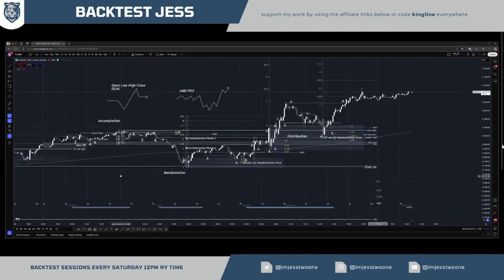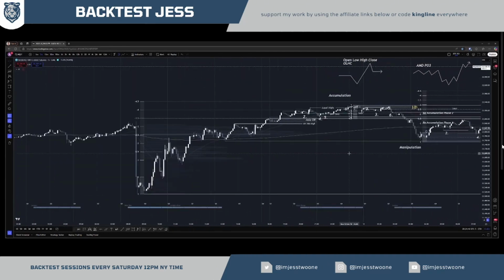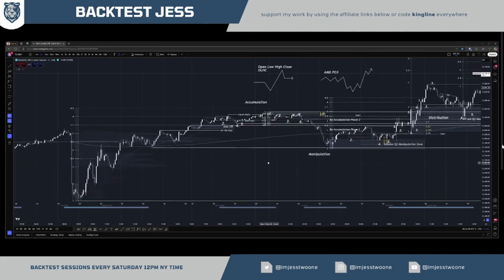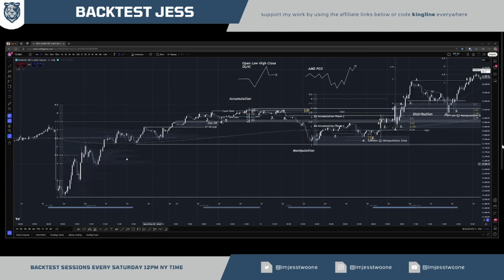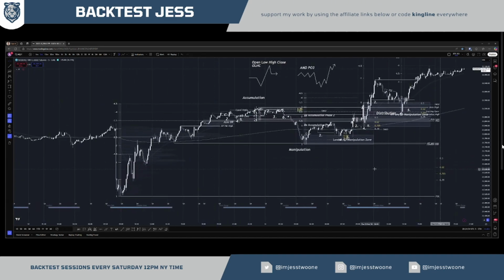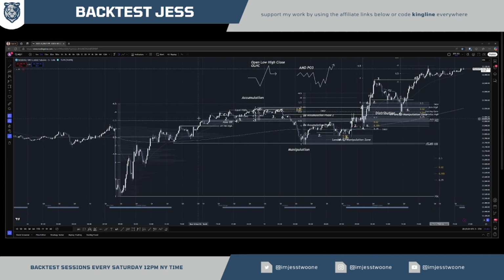So, shall we do a quick run over? Starting for the start of the day, as discussed yesterday, we mark out our PDL, our PDH from the day. So, we've got our previous day high over here. We do our OTE zone,